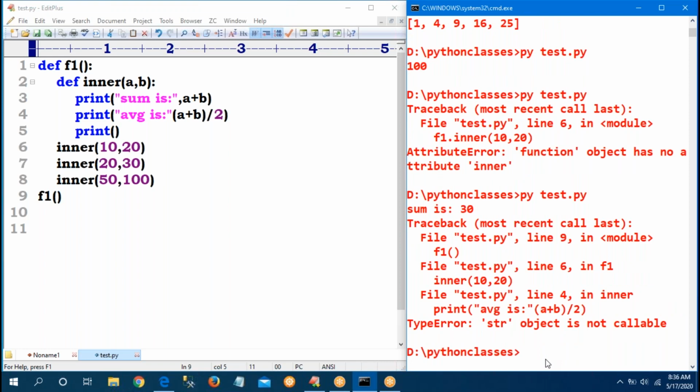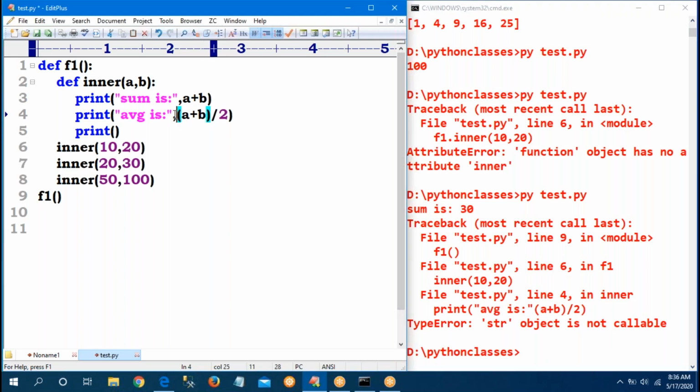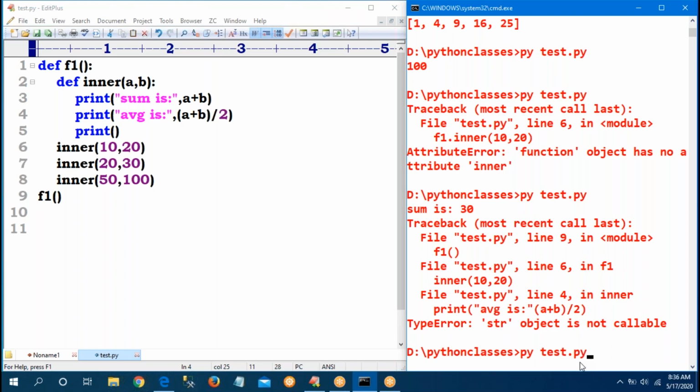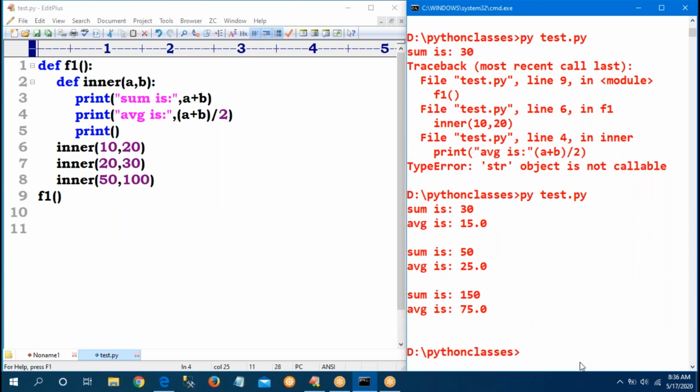Str object is not callable. Somewhere else I made a mistake. Yes, missing the comma. Now see: 30, 15.0, 50, 25.0. Like that I will get.